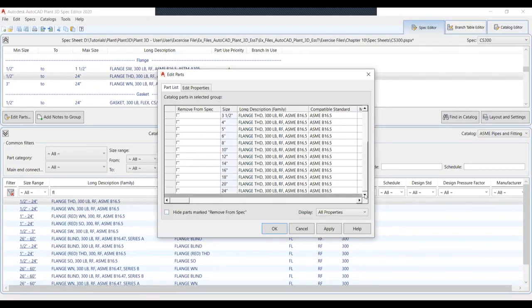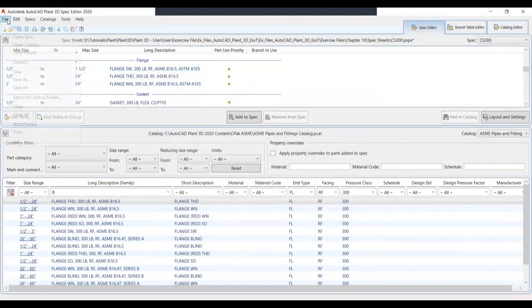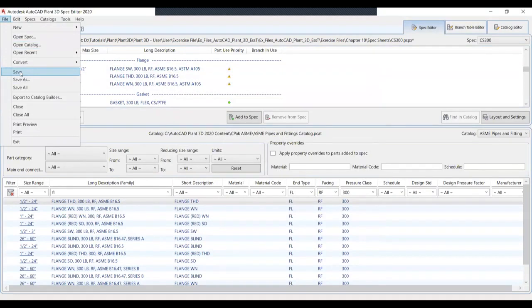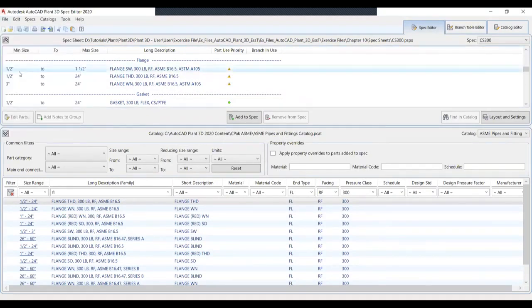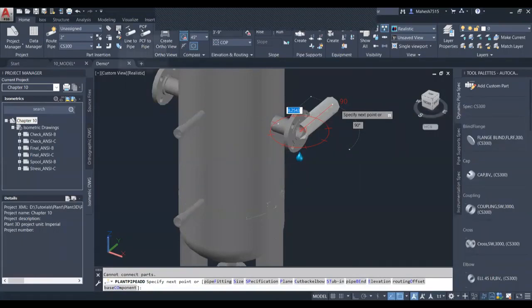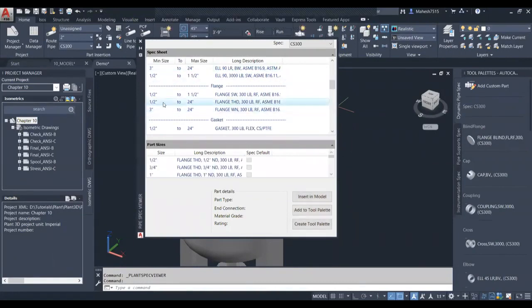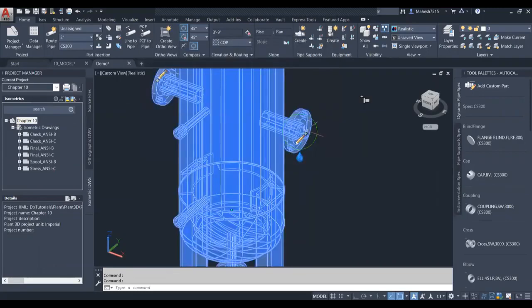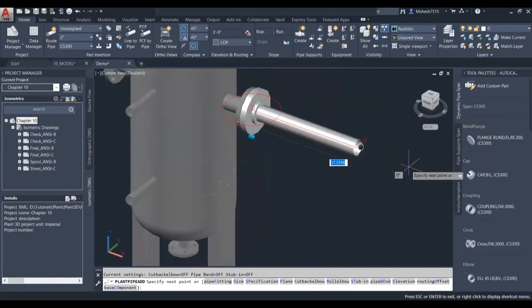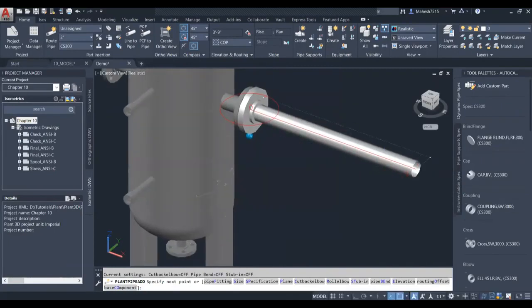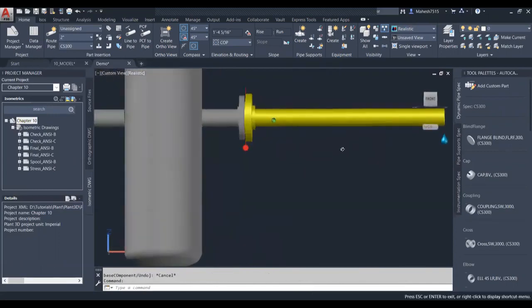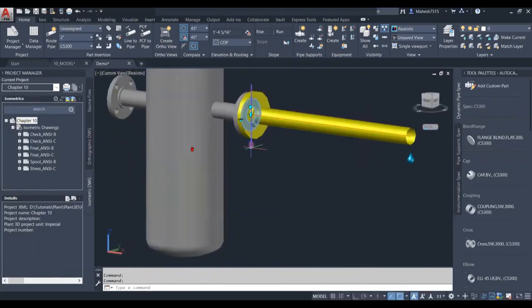So anyway, no issues. Okay. So save. Without saving, it won't be updated in your drawing. Save it. You can check it here, spec. And is it added here? Yes, we have added it here, 1/2 inch to 24 inch. Hope it should come now. Okay. But still I find a teardrop symbol. Okay, no issues. It is gone. So once the teardrop symbol is gone and the gasket symbol is placed, you are fine. You have no more issues.